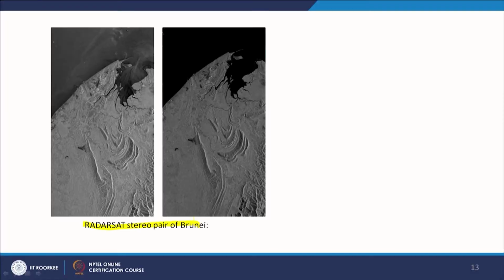So like here, this is what we call a power image, that is an image in the microwave region, or radar image, and we say a pair, not a stereo pair but just a pair, and you can employ these two radar images and generate a digital elevation model employing the SAR interferometry technique.